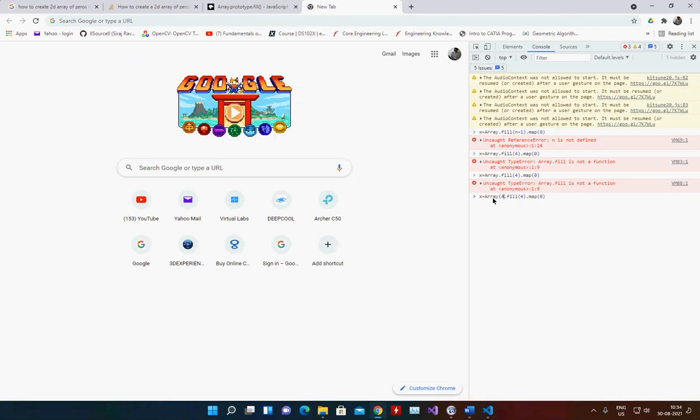I need to provide a number of elements here, fill 0, and just have to say map.